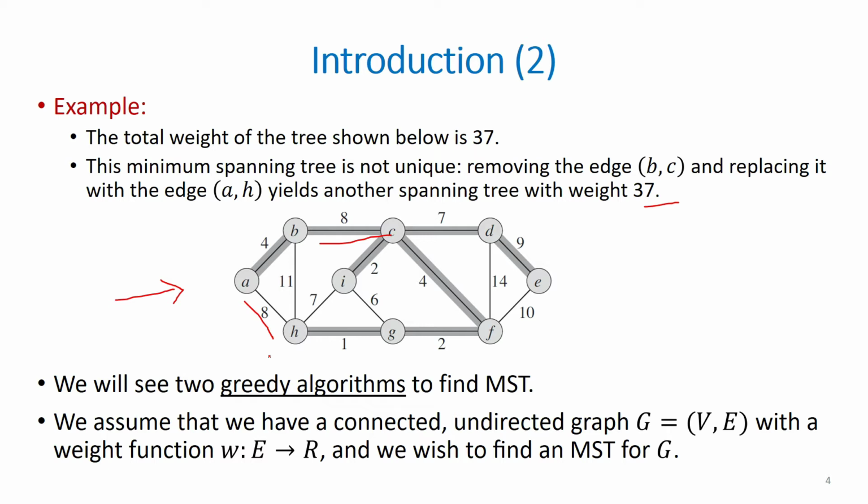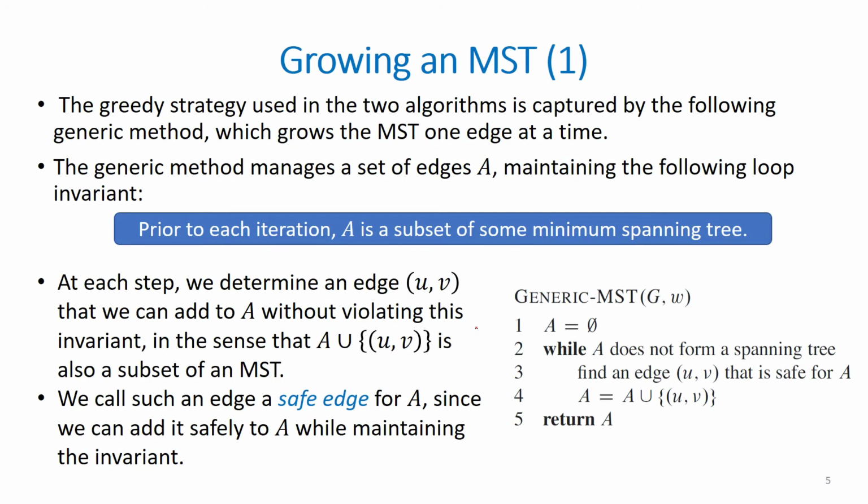Today we will cover two greedy algorithms to compute MST. We assume that the graphs under study are connected, undirected, and have weighted edges. Both algorithms that we will be covering shortly follow the following general strategy to gradually build an MST. The approach basically manages a set A of edges that satisfies the following loop invariant at all times. At the beginning of each iteration of the while loop shown over here, the edges in subset A form some